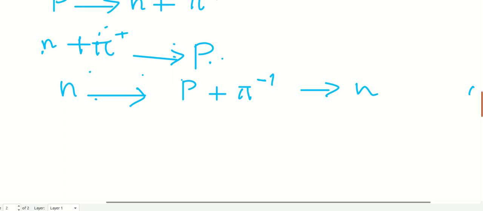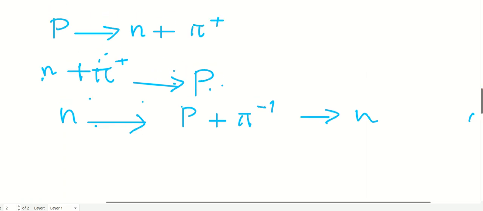First, protons and neutrons are identical. They differ only in the meson cloud that surrounds them, and these two interact with each other by the exchange of mesons. P gives n plus pi plus, n plus pi plus gives p. Like that you have to remember the things. Okay. Next, we are going to study about the